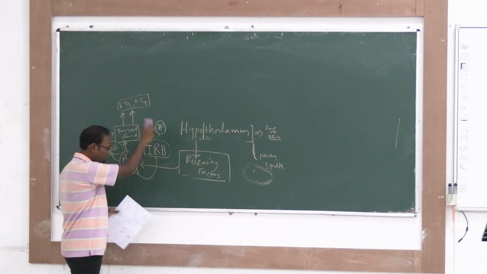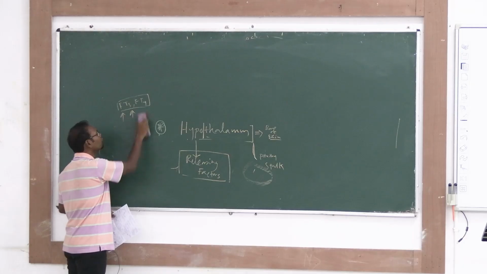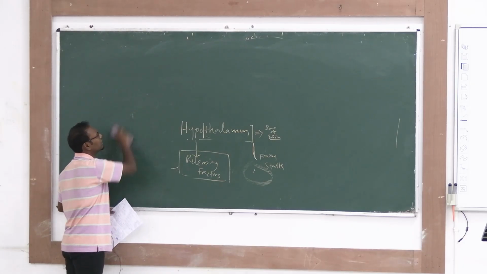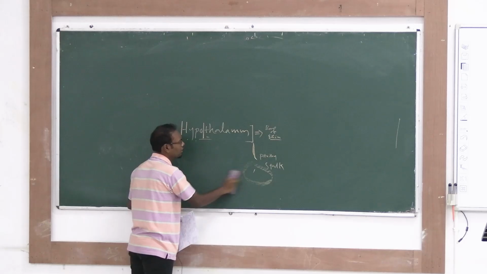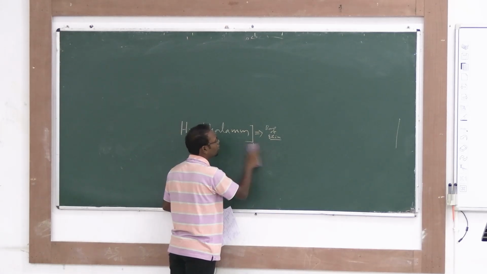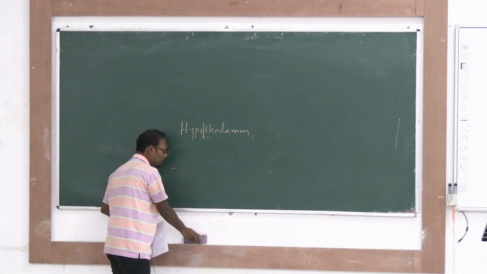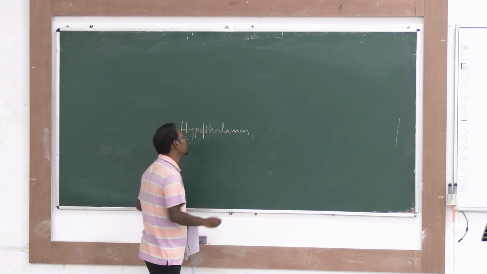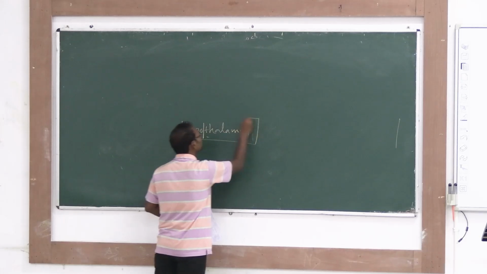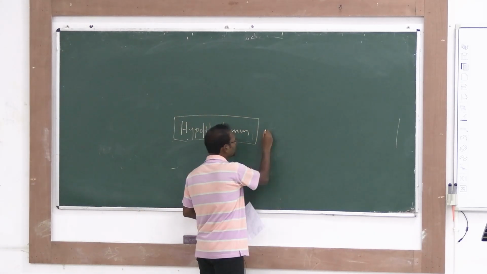Just like that, we will discuss all the hormones. So first, think about hypothalamus. Let's start with hypothalamus. Hypothalamus releases some hormones which are either positively affecting or negatively affecting. The positively affecting hormones released by hypothalamus are four in number. What are they?